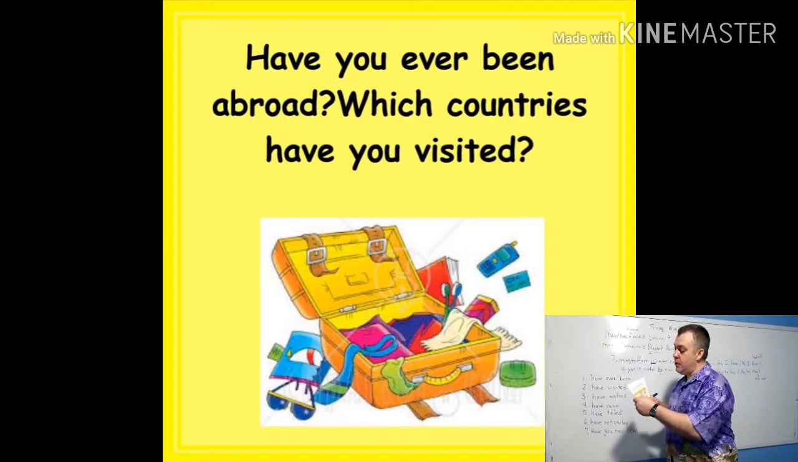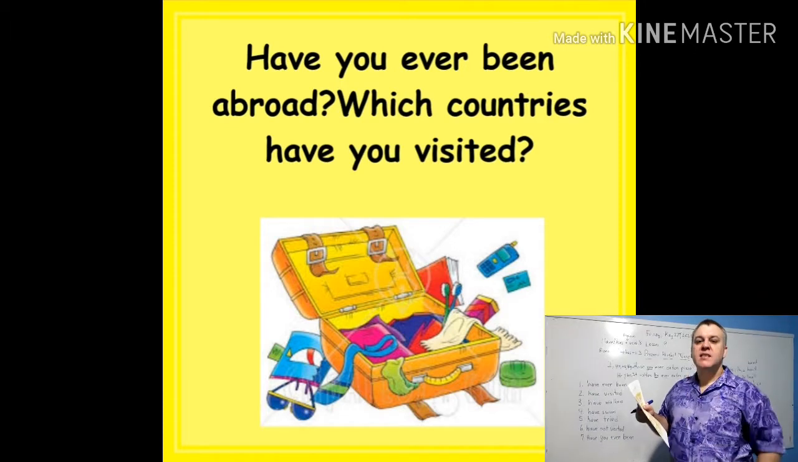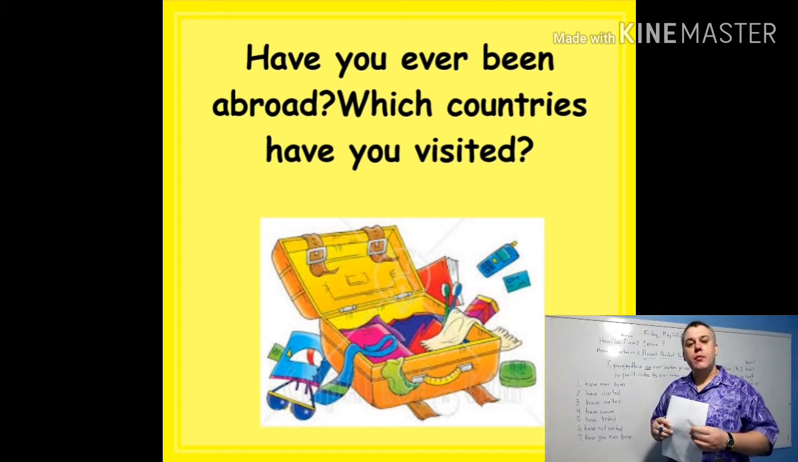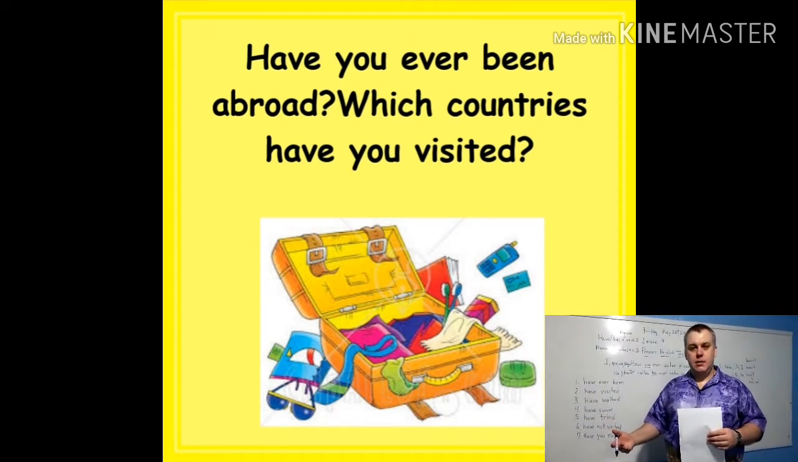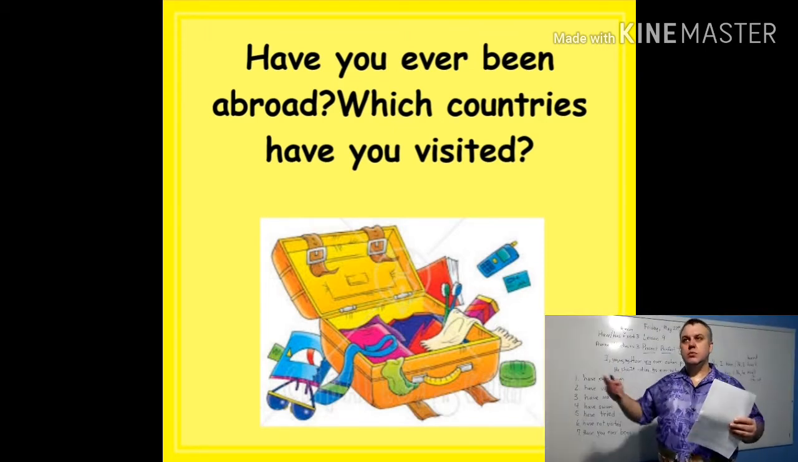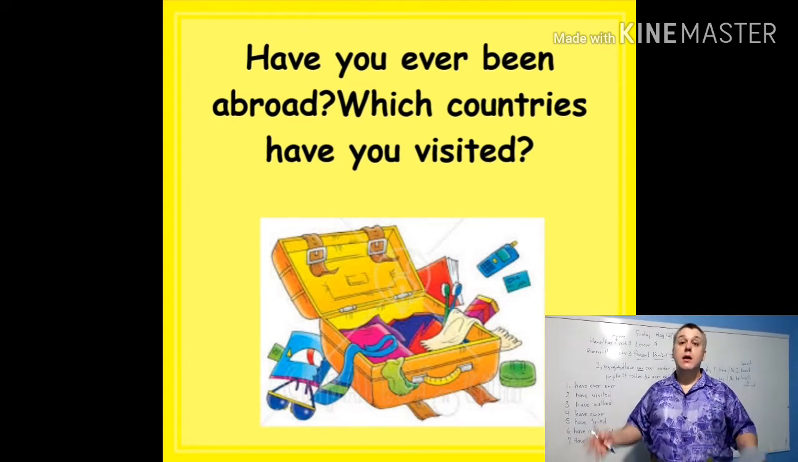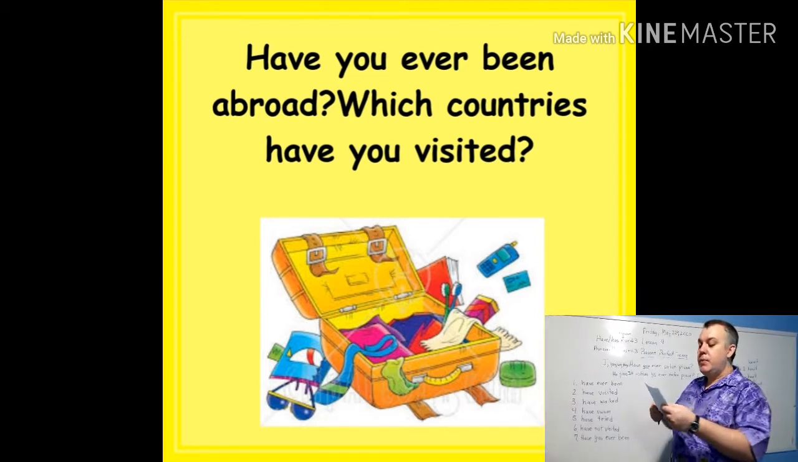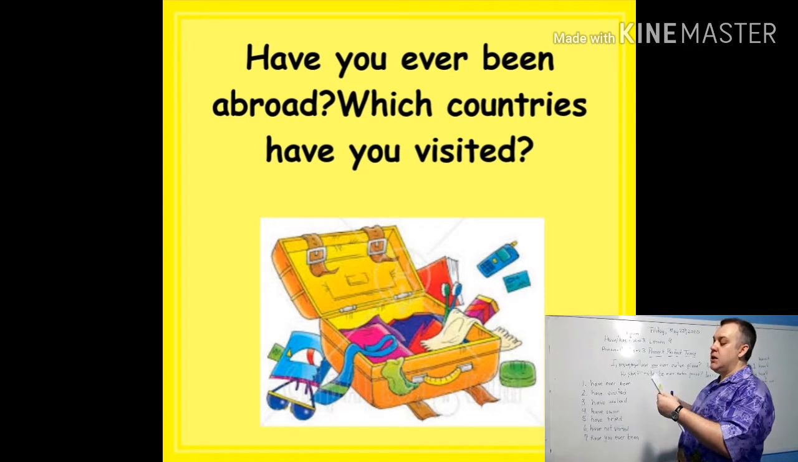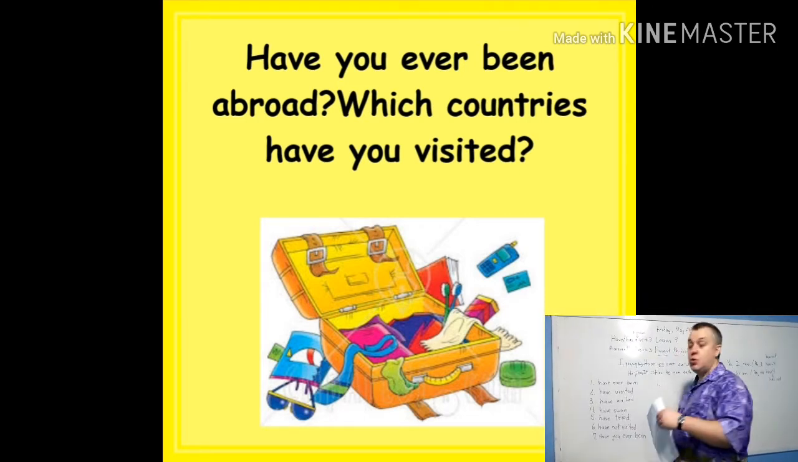Number 1, have you ever been abroad? Which countries have you visited? Okay, so have you ever been abroad means have you been outside of Thailand? Have you lived in Japan, the United States, France, anything, okay? You could say, have you ever been abroad? Which countries have you visited? So, for number 1, you could write,